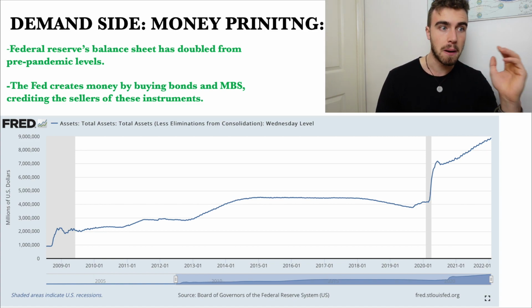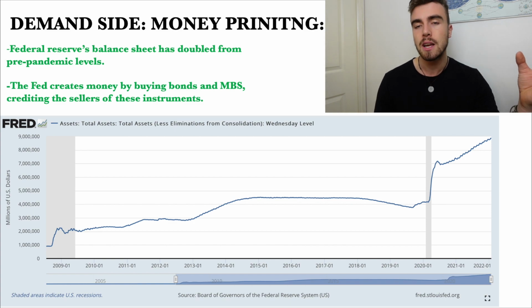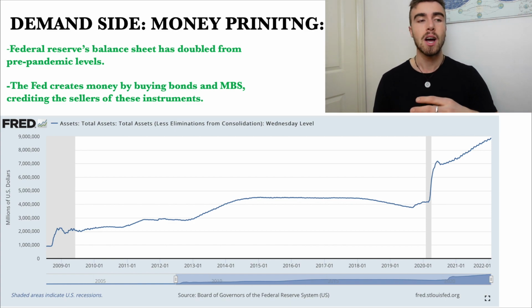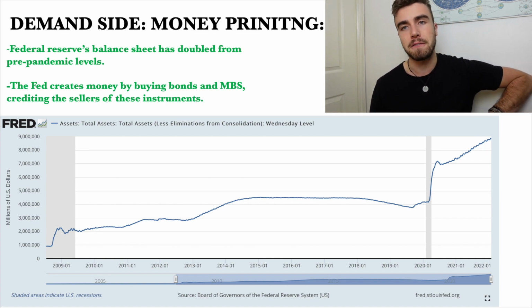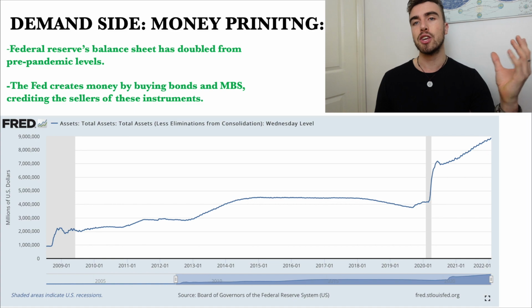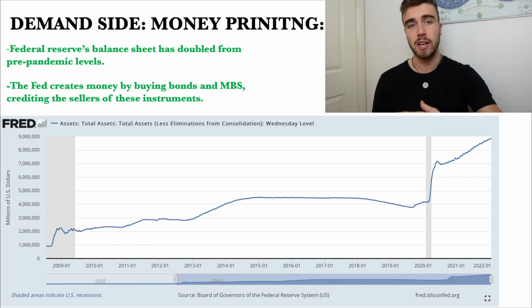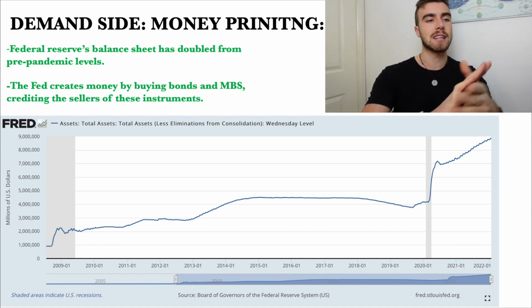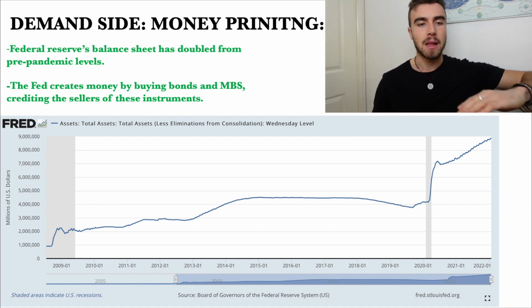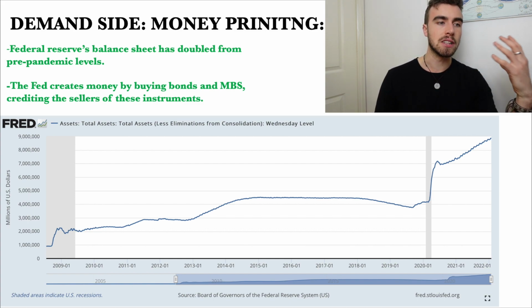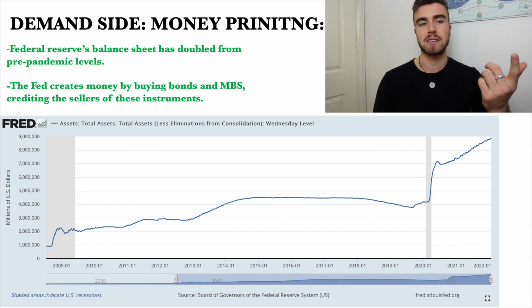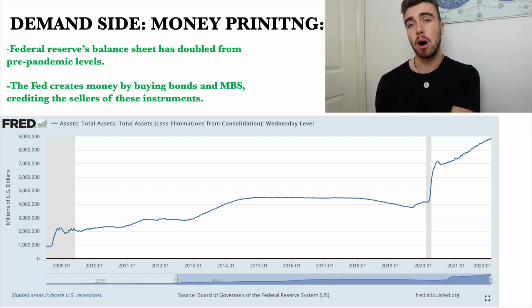So the Federal Reserve's balance sheet has doubled from pre-pandemic levels. This was to inject the market with liquidity when we had the COVID pandemic. So effectively the Fed saved the market, right? You look at the stock market and how it absolutely was crashing in March 2020. The Fed injected a load of liquidity into that market and it sent the market shooting back up again. They do that by buying instruments such as bonds, mortgage-backed securities. Obviously that then goes into the open market where there are a load of investors, and then there's all this excess liquidity in the investment space, and then houses and stocks and bonds get bought up, and it basically drives the market back up.